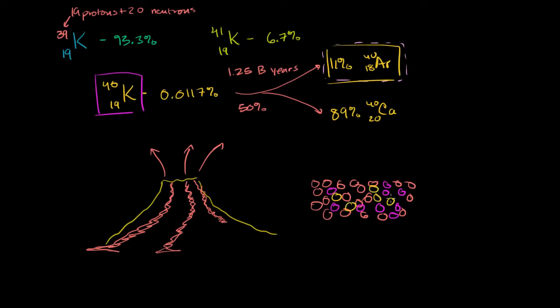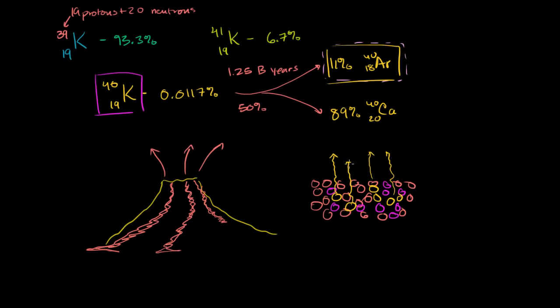Just like that. But argon-40 is a noble gas. It's not going to bond to anything. And while this lava is in a liquid state, it's going to be able to bubble out. It'll just float to the top. It has no bonds, and it'll just evaporate, or I shouldn't say evaporate. It'll just bubble out essentially because it's not bonded to anything, and so it'll just seep out while we are